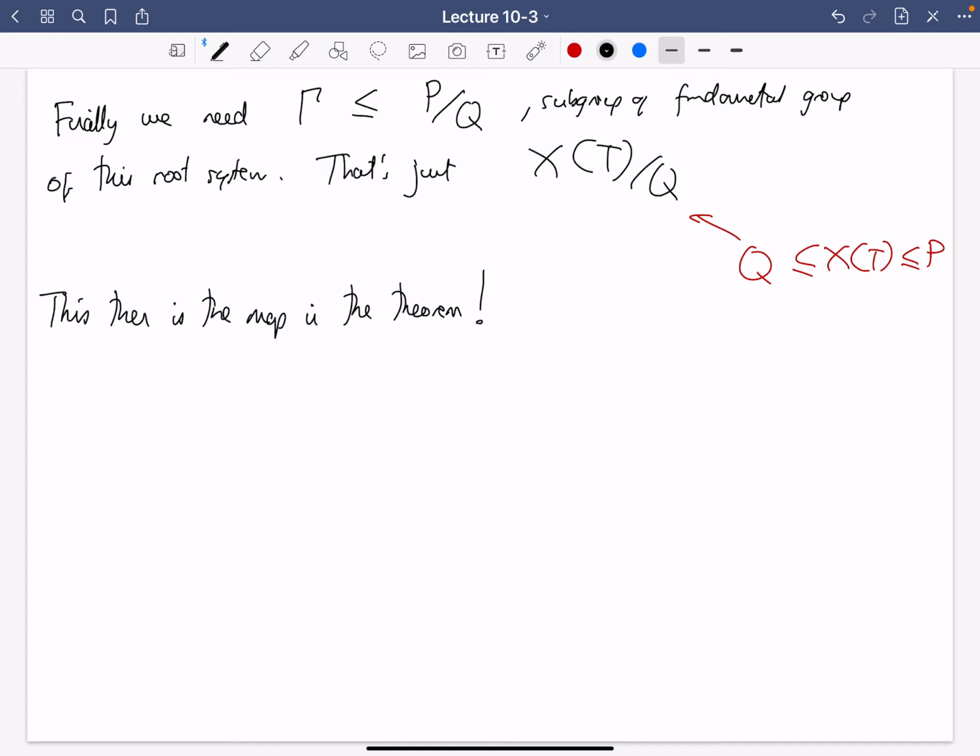What about the other direction? So in the Lie algebra case, what did we do there? Oh, we took a root system, we wrote down its Cartan matrix, and then I gave you the Serre presentation. That was the way we constructed a semisimple Lie algebra out of the root system. It was the Serre presentation. What's the analog of that story for algebraic groups? Well, let me explain that